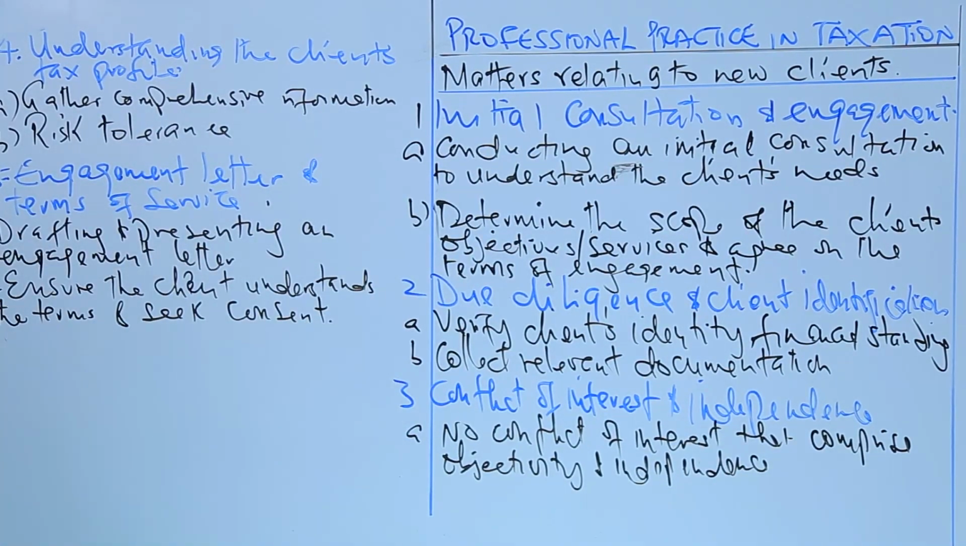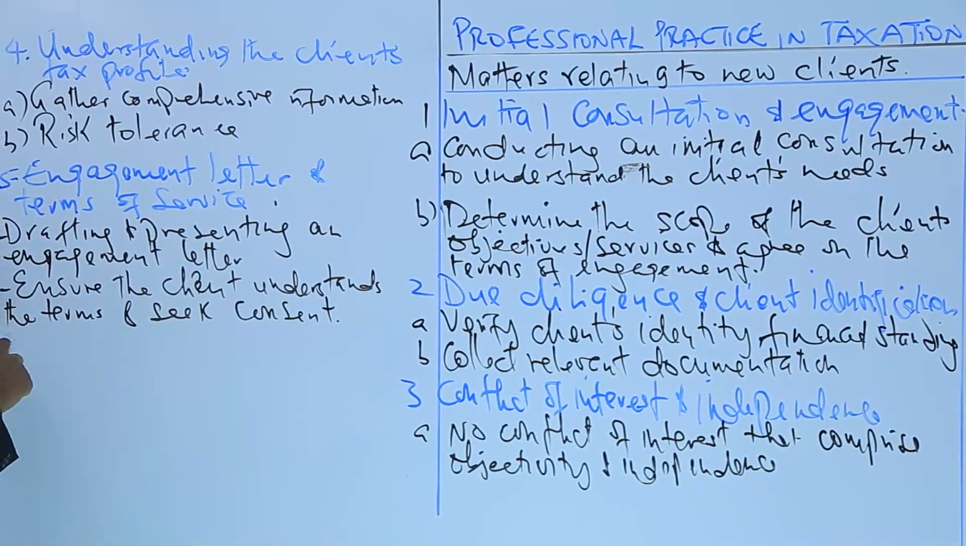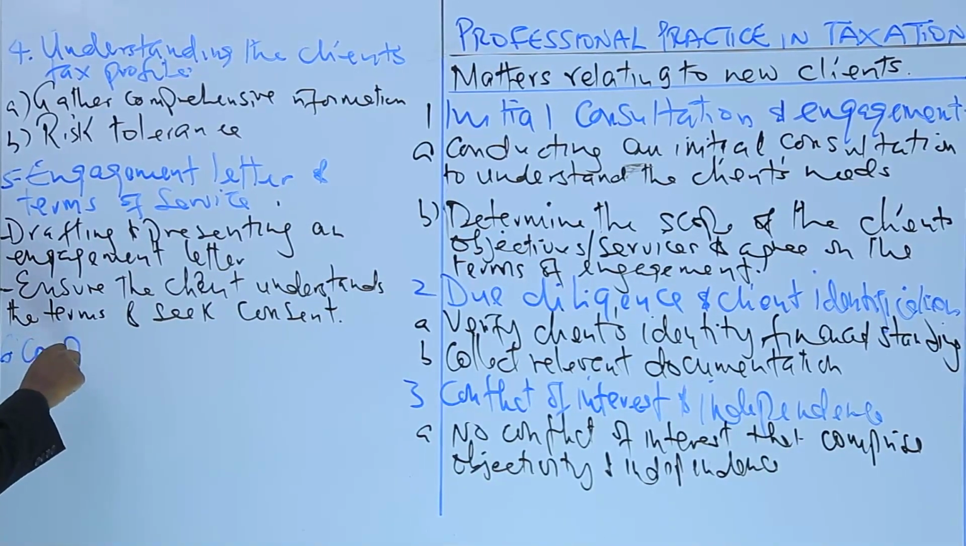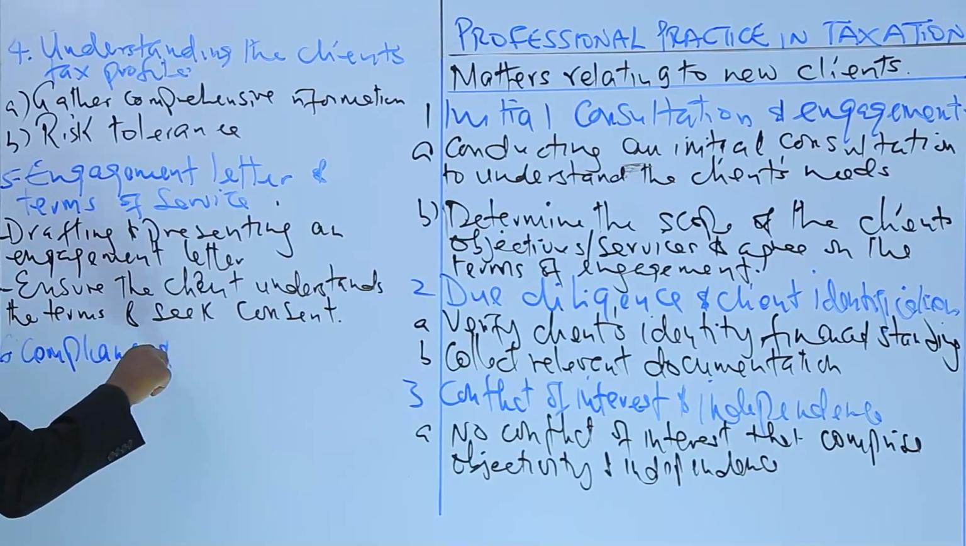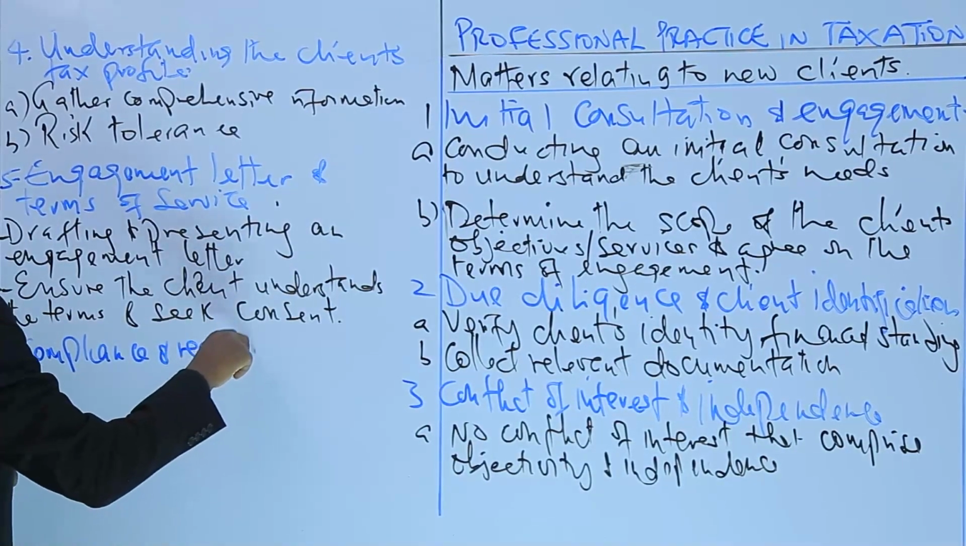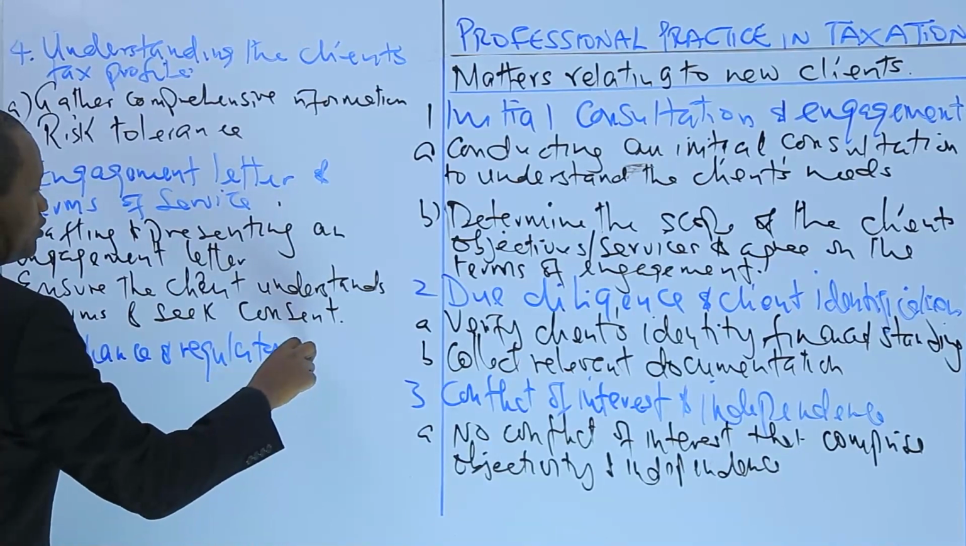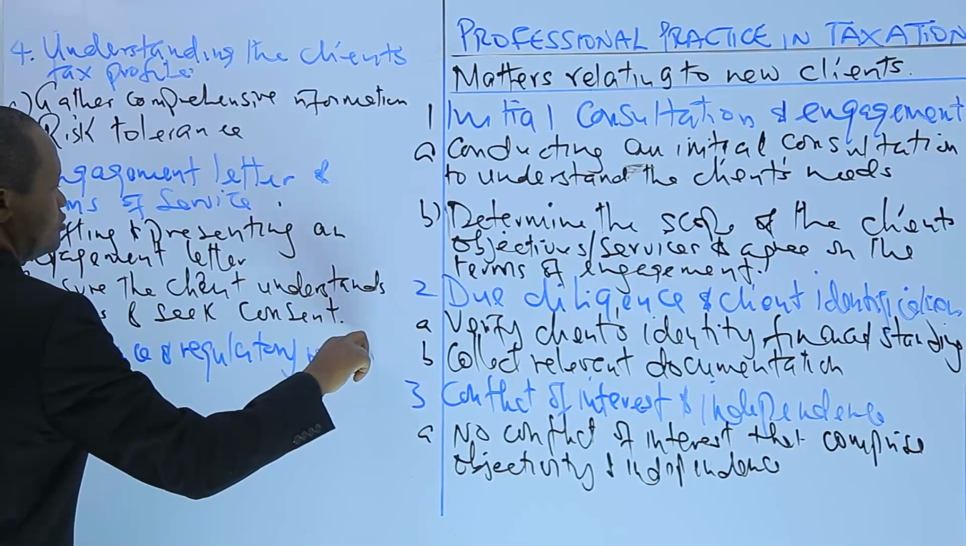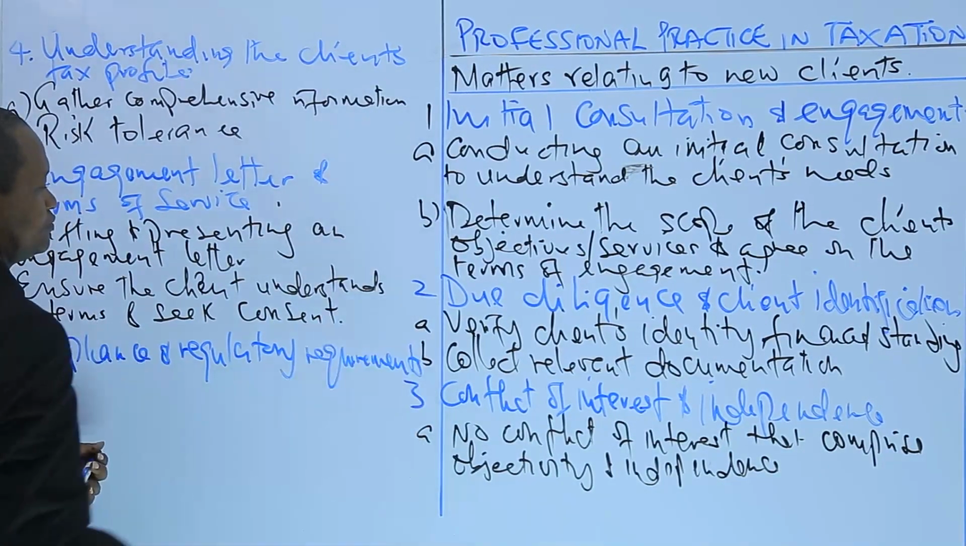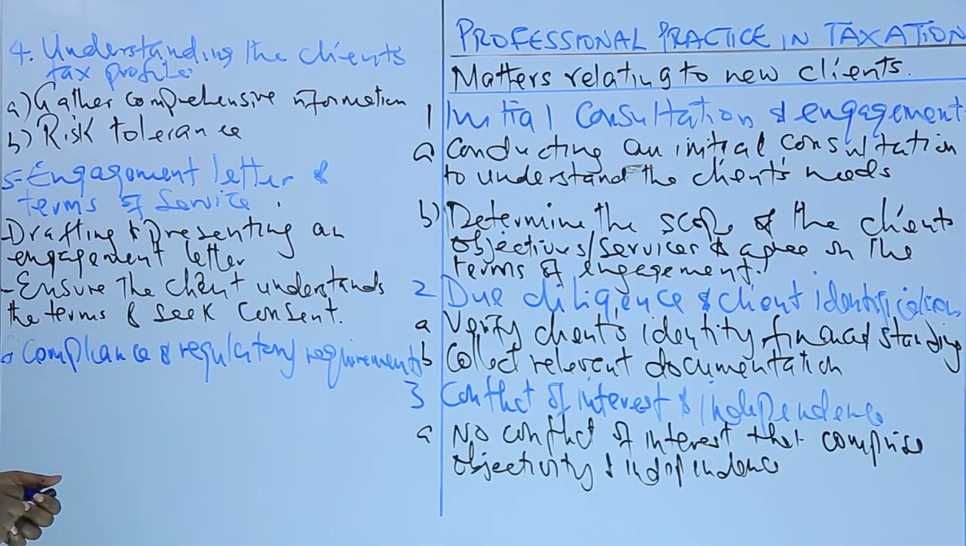Number 6, compliance and regulatory requirements. Compliance and regulatory requirements is another matter relating to new clients. Here, the tax professional should ensure the client meets all the necessary regulatory requirements, such as